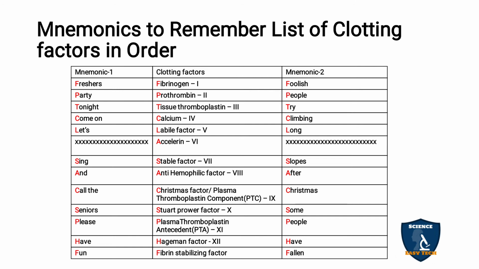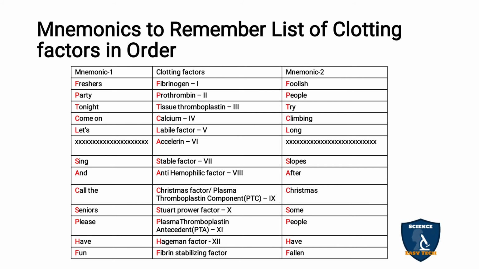So how do we relate this mnemonic to the clotting factors? The first letter in each mnemonic word and also the first letter in the clotting factors, I have marked in red color. So you have to relate the first letter in the mnemonic words to the first letter in the clotting factor words. Okay, so F stands for fibrinogen, P stands for prothrombin, T stands for tissue thromboplastin, C stands for calcium,